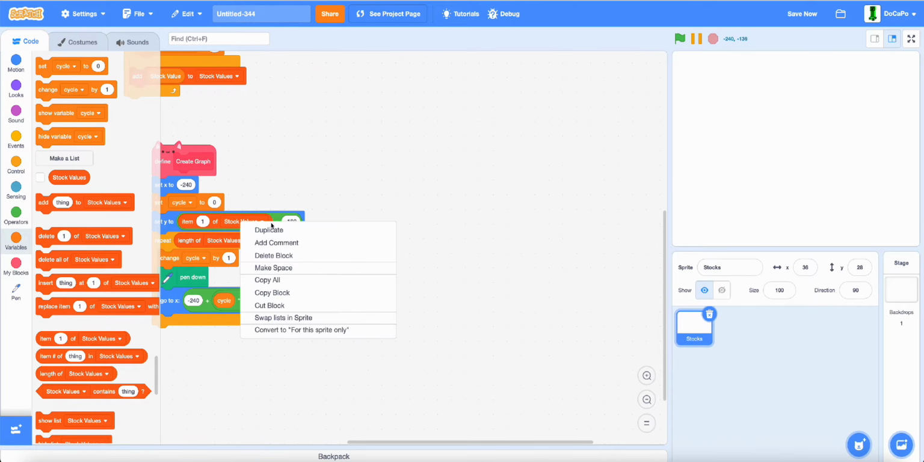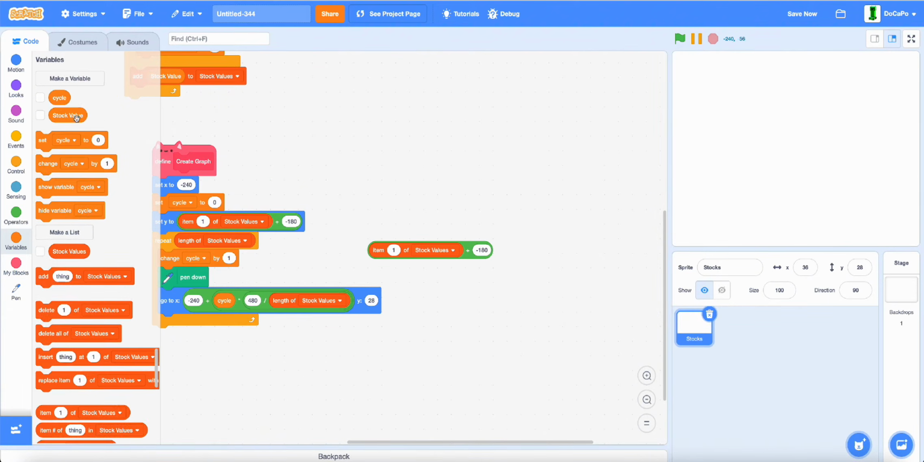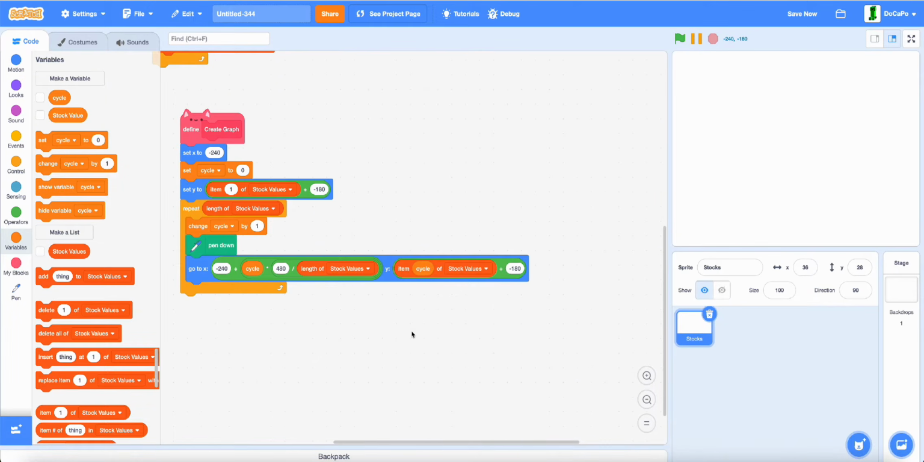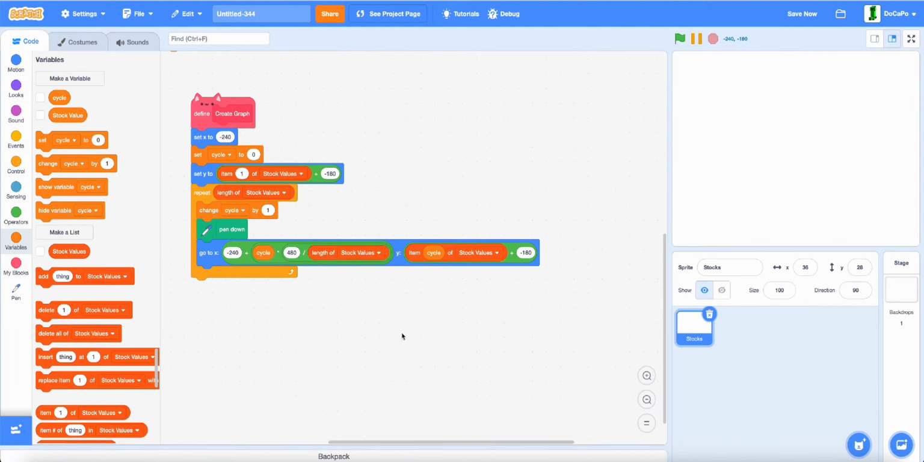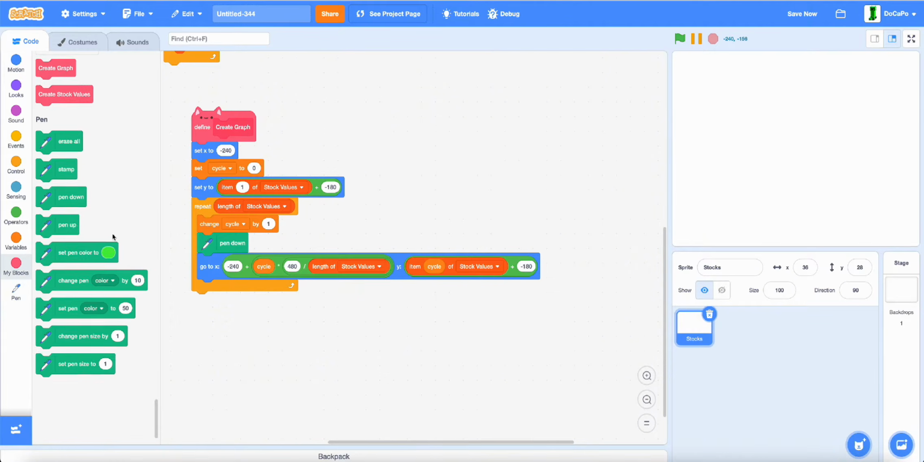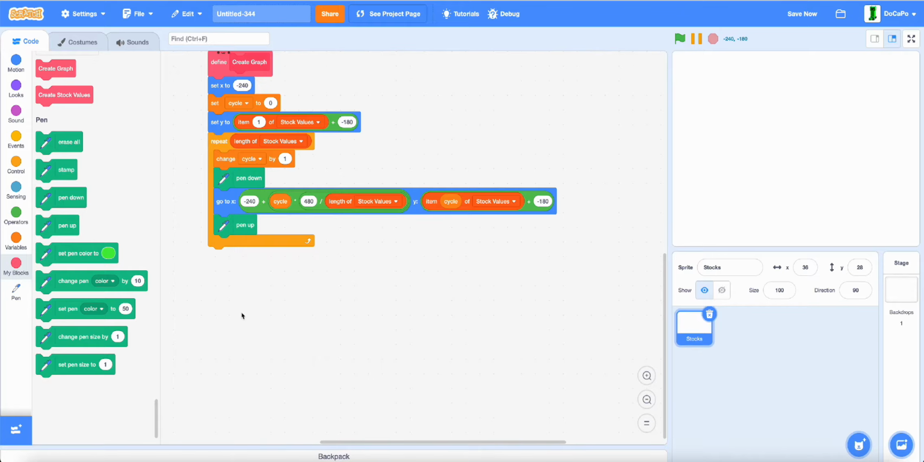And y will just be item cycles of stock value plus negative 180. Like that, and then pen up. Now, as you can see, now it will create a graph that shows the nice